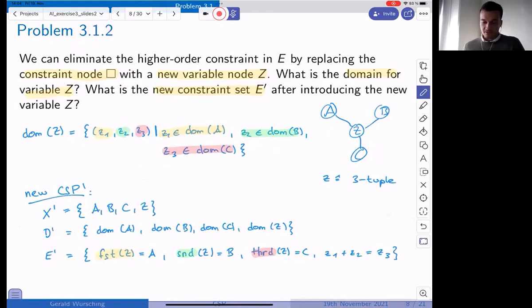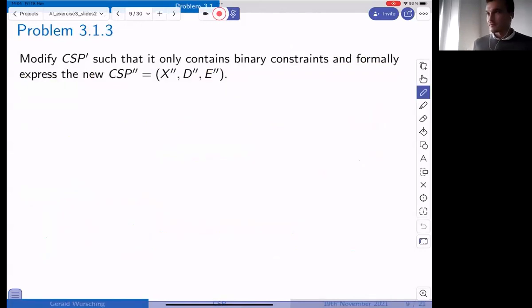So, since z1 is always within A and z2 is always within B and z3 is always within domain C, we can replace this constraint that we had earlier with this type of constraint, which is z1 plus z2 equals z3. So this might seem a little abstract now, but I think in the next problem, it's going to get a little more clear why we do that. So we're going to just remember this and continue with the next problem.